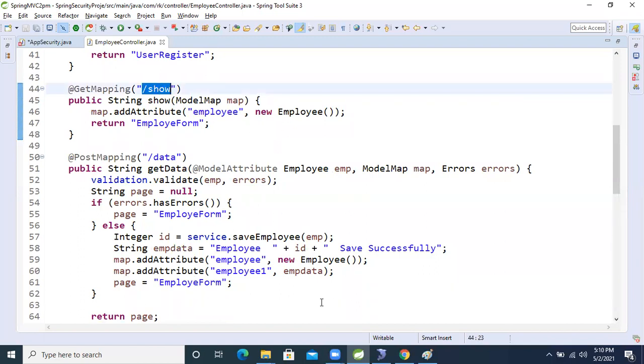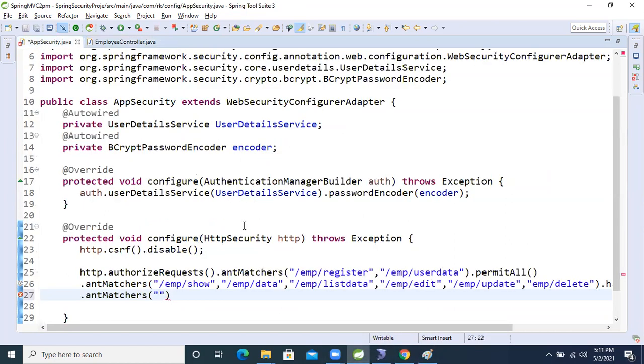So now show the data. What will we do now? Come in the application, application security. Now slash emp slash what? Okay, thank you.